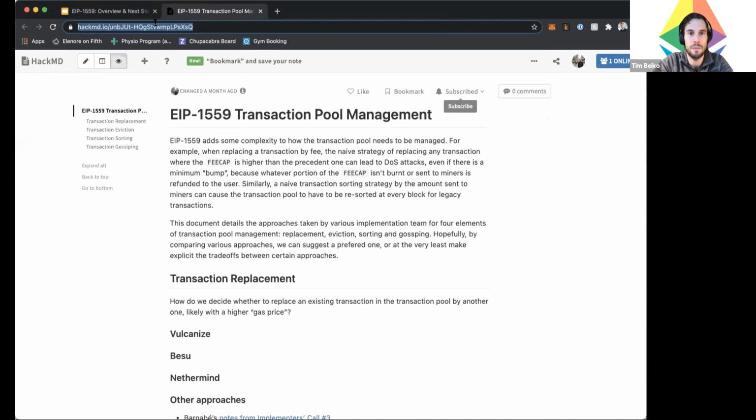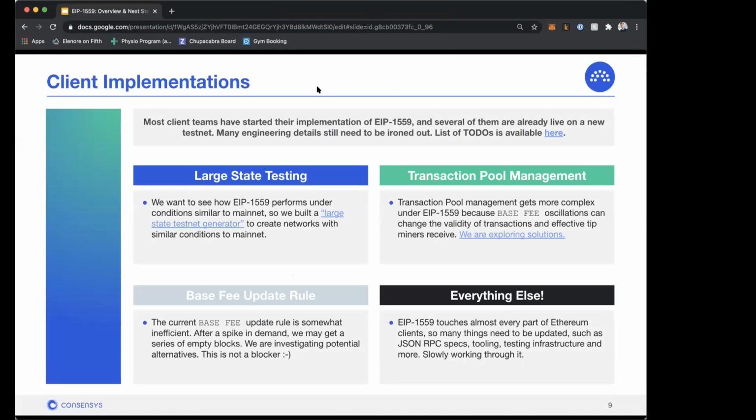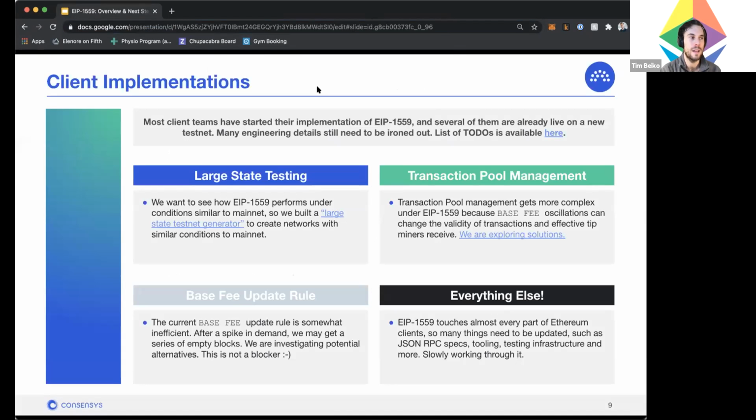Sorry, I can't find the hack MD, but there's a write-up about this. I'll try to share it afterwards. We can put it in the comments, like we can put it in with the video, no problem. The gist of it is that because you set a fee cap and a tip, if the base fee rises,